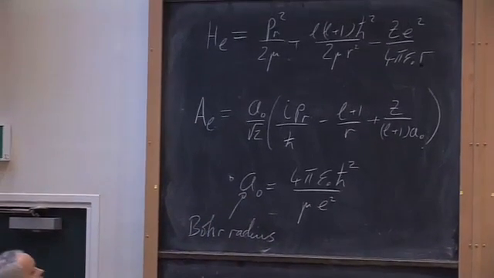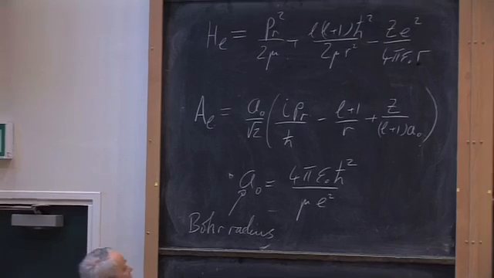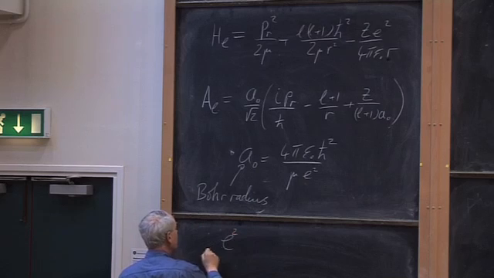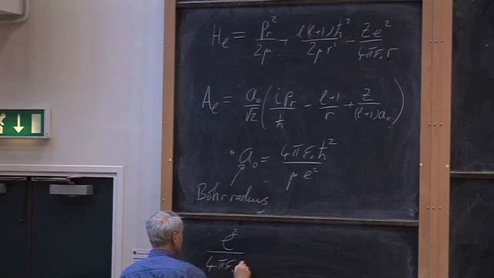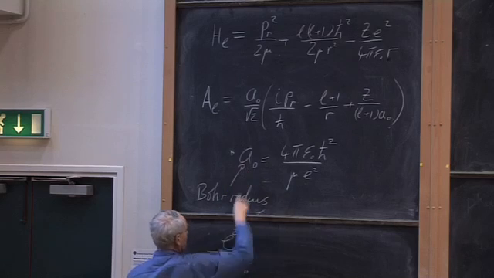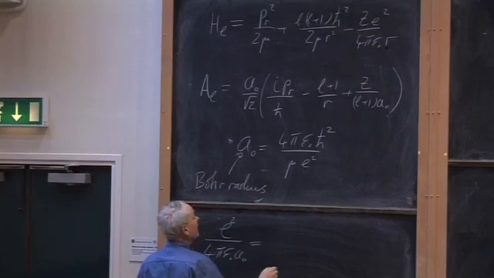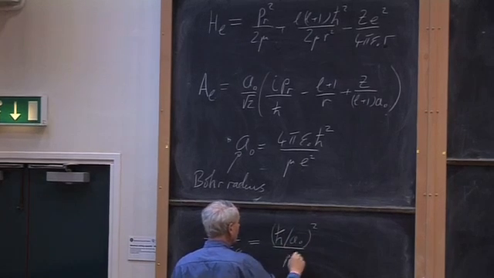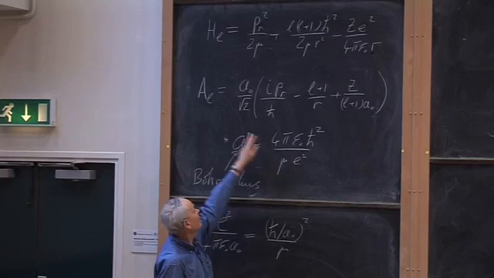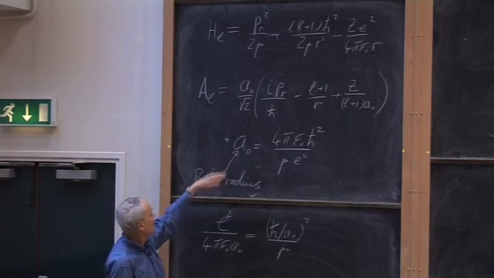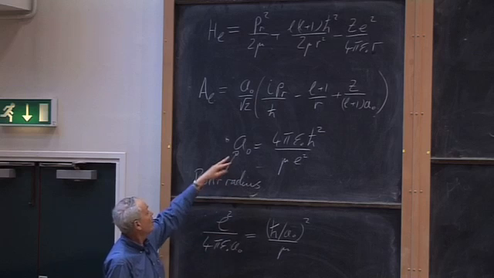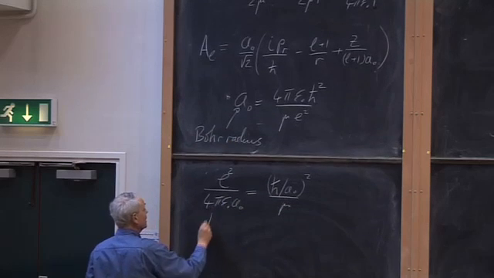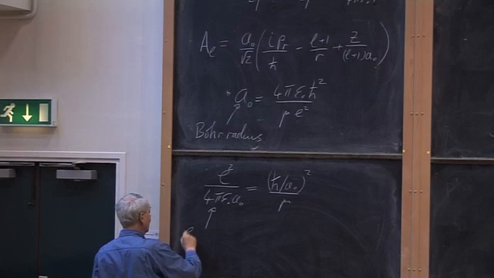And the way to see what its dimensions are is to bring this up onto this side and say, look, this is going to be e squared over 4 pi epsilon naught a naught. Now on this side, a naught's on the top, not the bottom, so therefore I have to say this is equal to h bar over a naught squared over mu. So out of this equation, by putting that e on the top and this 4 pi epsilon naught on the bottom, dividing through by a naught squared to get this on the bottom, this is obviously electrostatic